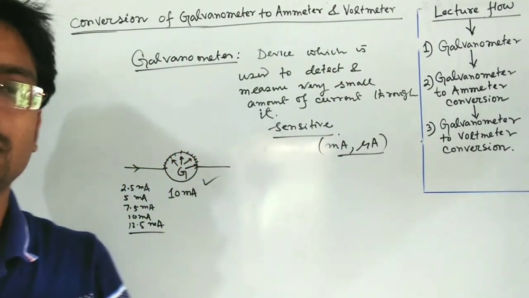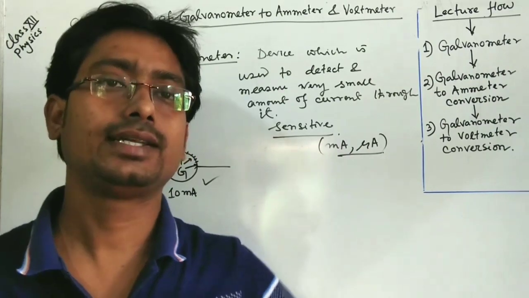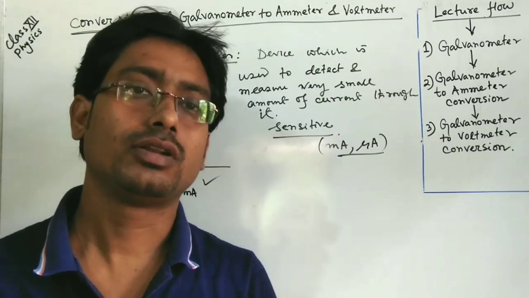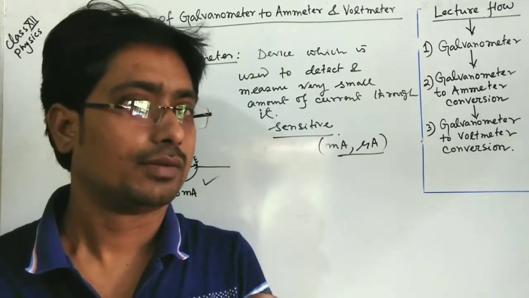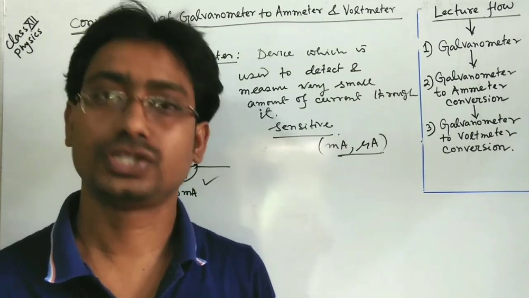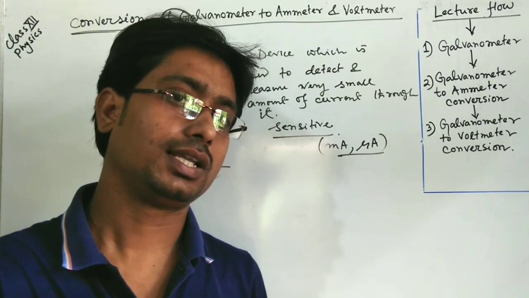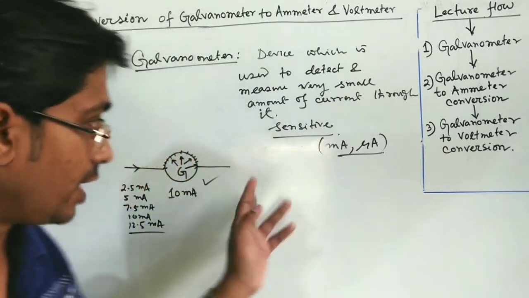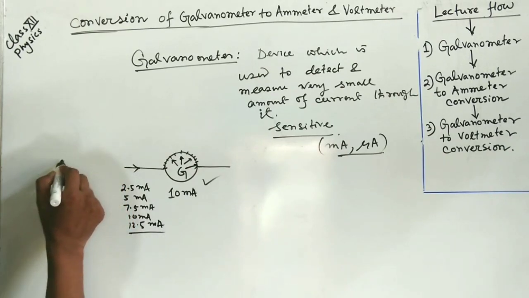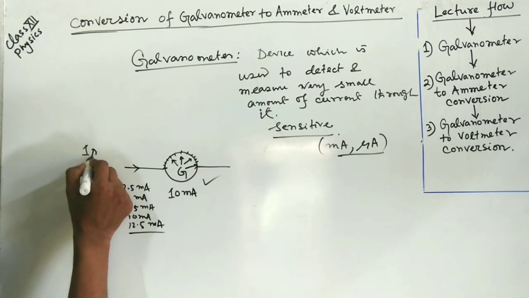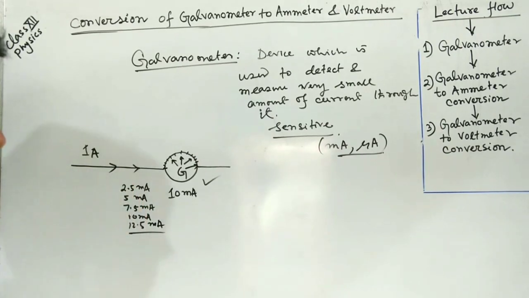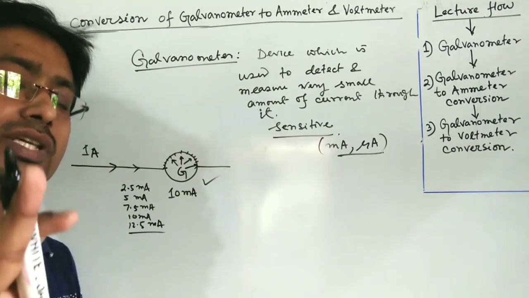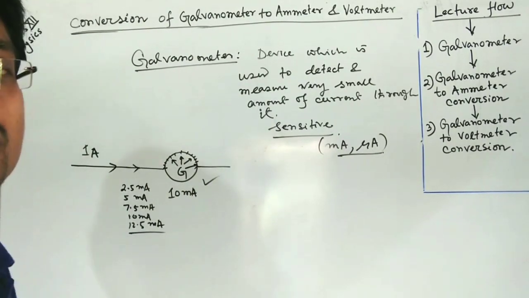Suppose in a city, the heavy loaded truck is not allowed to enter in the city. Generally there is a bypass road, and through the bypass road heavy loaded trucks, goods carriage vehicles are allowed, not into the city, because if it enters into the city, then it will make some trouble, the heavy traffic will be the problem. So here also same thing. Suppose 1 ampere current is flowing here. If we allow 1 ampere current to flow through the galvanometer it must be burned out. So what is the solution? What do you have to do?